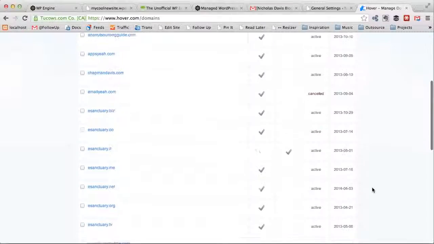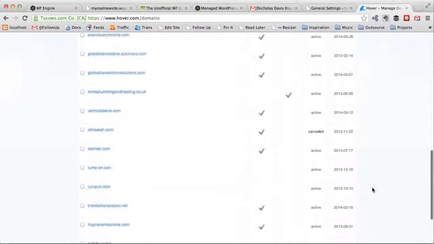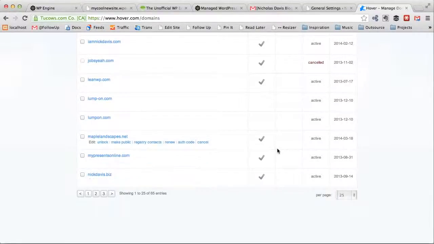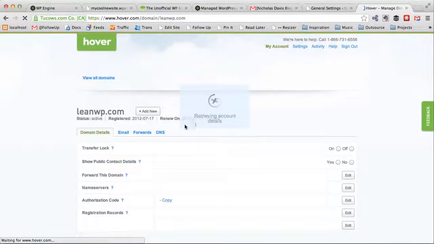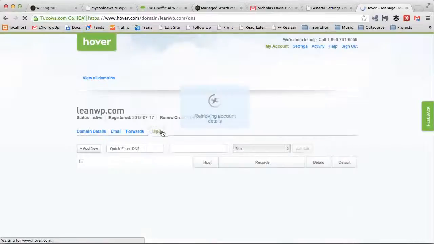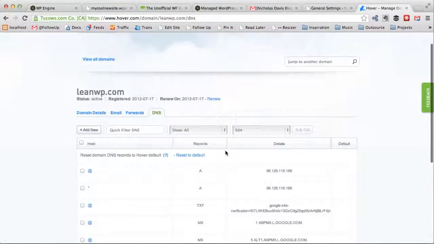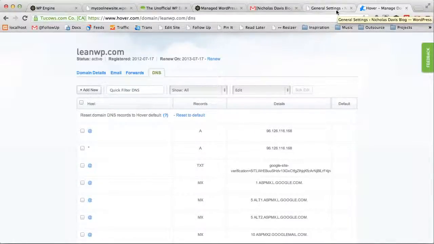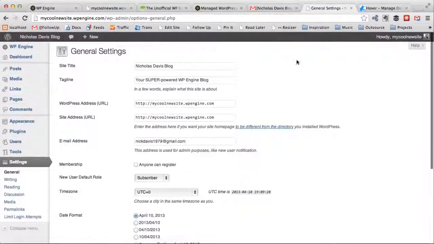So the next thing for me to do is find a domain name I'm not using for anything right now. I'm pretty sure I'm not using leanwp.com. As you can see, I have far too many domain names I'm not doing anything with. I think this is already pointing at WP Engine, but I don't think I'm doing anything with it. Anyway, before we get to that,